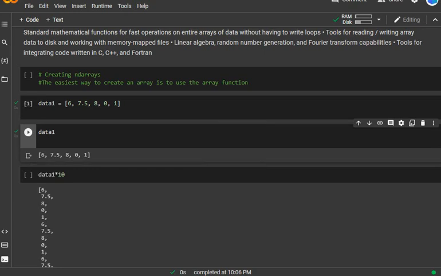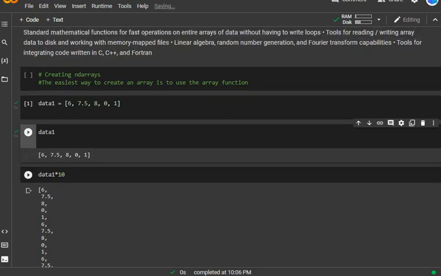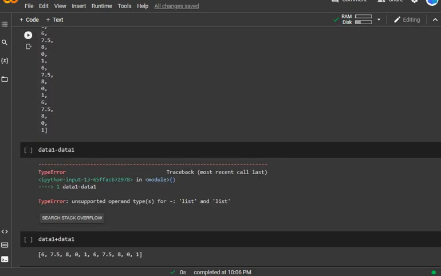Now I want to multiply. If you write data1 times 10, the same list is repeated. Look here, 6, 7.5, 8, 0, 1 has been repeated 10 times.